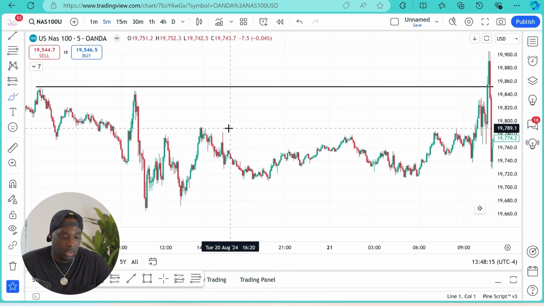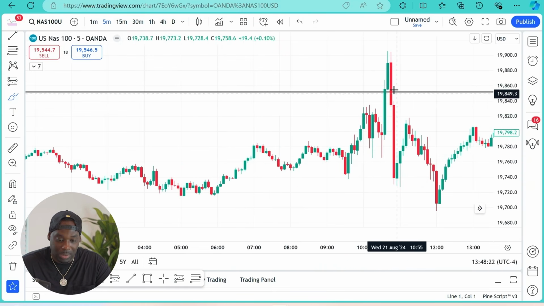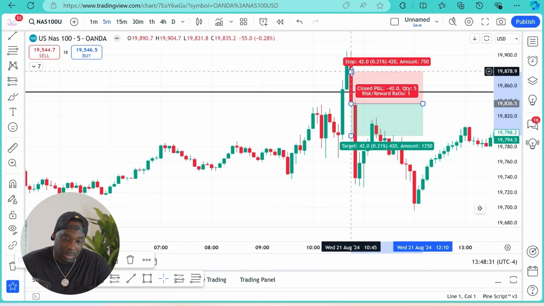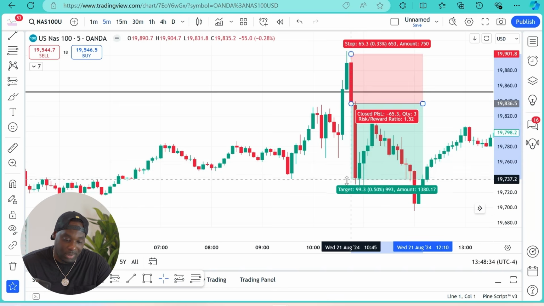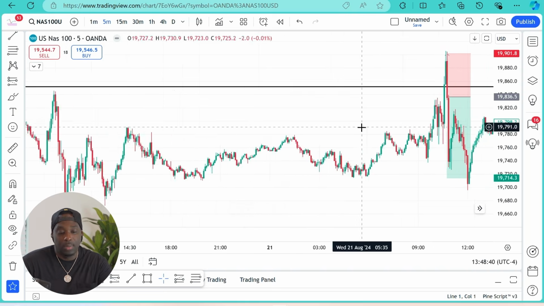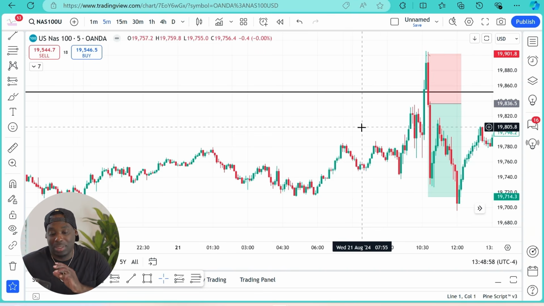All right, so right here, we have a resistance trade. To the left is resistance, okay? And notice how the market came to that resistance, right? And then all of a sudden, we have a nice solid red bar, okay? I'm looking to go short right there. And I will basically target these lows right here, right? And that's what I'm looking for every single day, guys. This is the 5-minute chart. I'm looking for key levels. I'm looking for resistance. I'm looking for demand. And the reason why I look at both levels is because sometimes the market won't show me a clean supply or demand trade every single day. So I rely on my support and resistance trades, okay? So that's why I'm trading two levels.